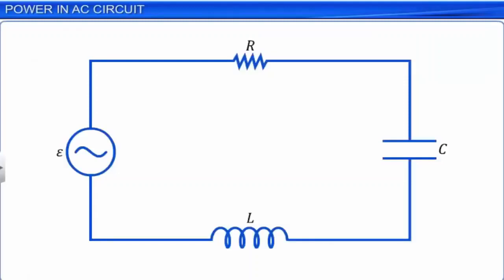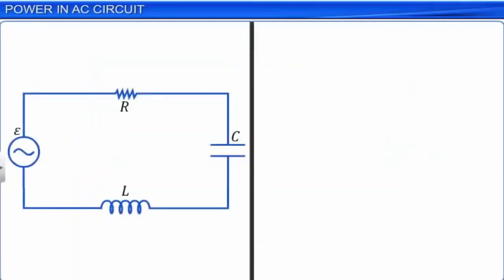Let us consider an LCR circuit for calculating the power dissipation in the circuit. If the voltage applied across the circuit V is equal to Vm sin omega t, where Vm is the amplitude of the applied AC voltage, omega is the angular frequency of the applied AC at time t,